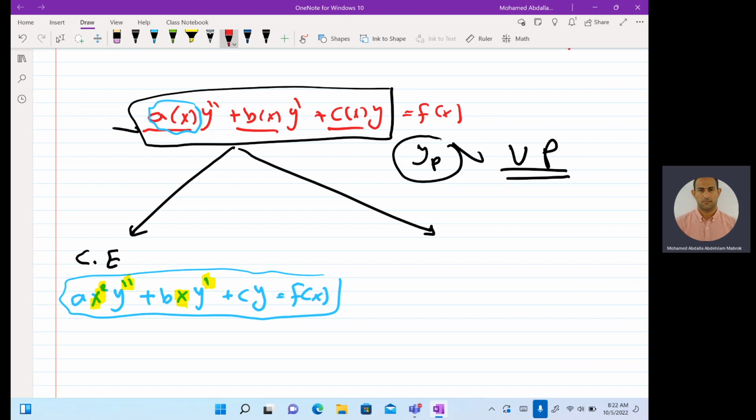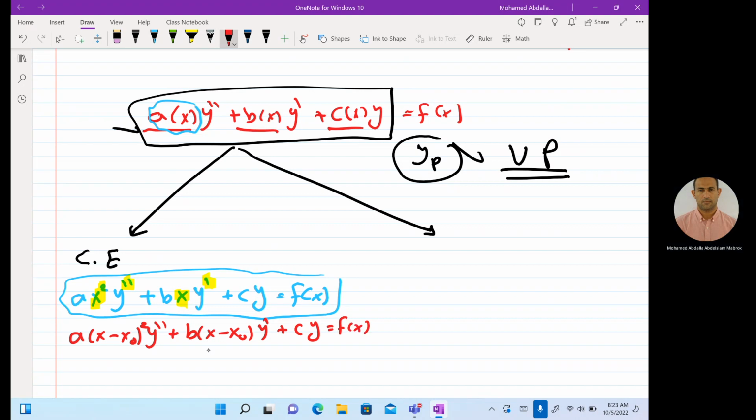We also said there is a bit of a generalized form of Cauchy-Euler, or Euler-Cauchy: a (x minus x naught) squared y double dash plus b (x minus x naught) y dash plus c y equals f of x. We could use that form as well as a little bit of a generalization of Euler-Cauchy, and for this specific case,